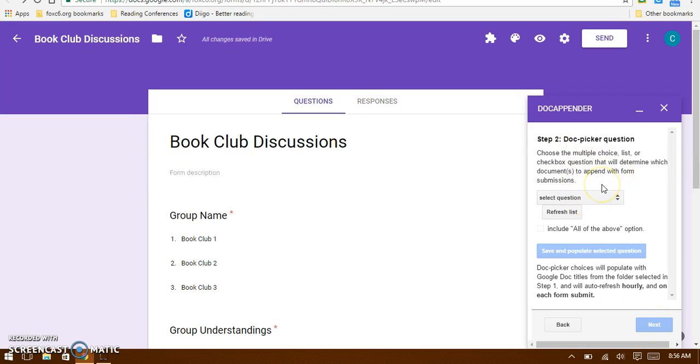Now it's asking you what question are you wanting to populate all of your information with. So you have to hit refresh list so that it'll pull the question up. The only question that I have multiple choice or a drop down is the group name, so it's easy. There's not a lot of choice for me. But if you do use a lot of multiple choice things, then those will pop up and you want to pick which one do you want it sorted by. The group name is how I want mine sorted, so that makes it a little bit easier to read. So now I selected that question. I'm going to hit save and populate